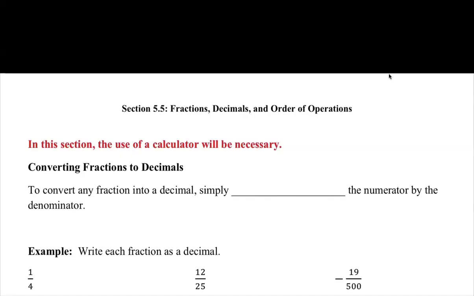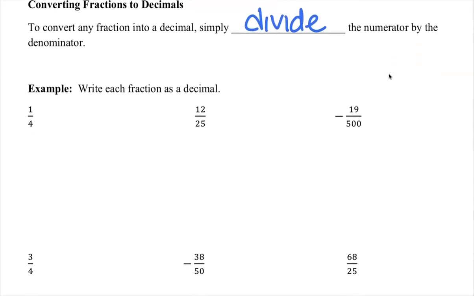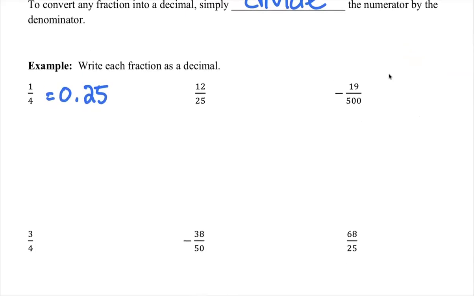Converting fractions to decimals. To convert any fraction to a decimal, simply divide the numerator by the denominator. For example, if here we have several fractions and we want to put these in decimal form, just grab your calculator. The way we say this is the way it gets typed into the calculator. So 1 divided by 4, and your calculator will tell you 0.25. 12 divided by 25,